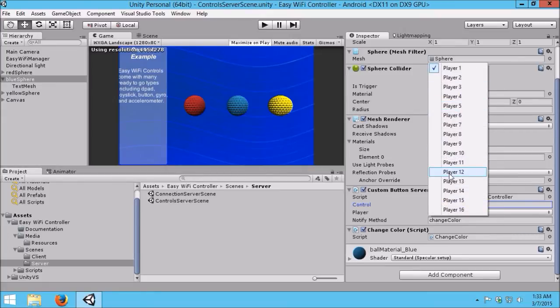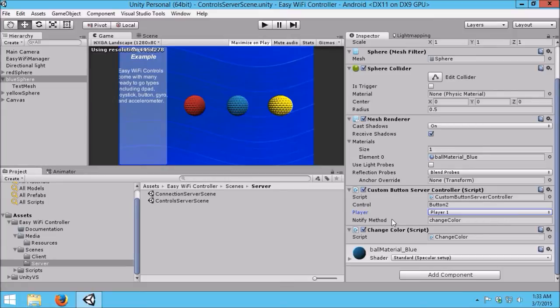You could, with UDP sockets, as long as you're on the same Wi-Fi network, have as many players as you want. We specified it as 16 since I doubt really anybody's going to have more than 16 players, but you can specify as many as you want with an easy change to an enum in code if you want more. But on the button control here, the only thing you see is a notify method,